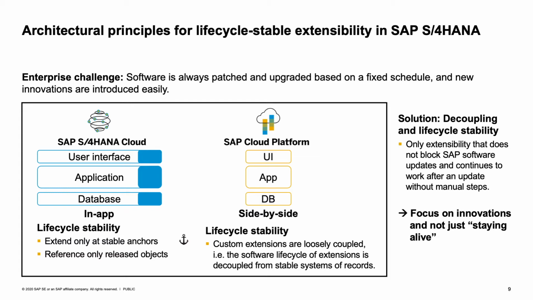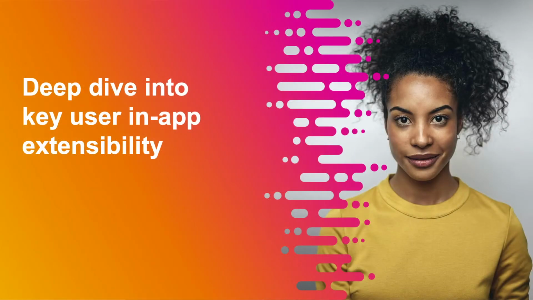And once again, we keep these objects 100% stable. That is a reason why we have 100% lifecycle stability also for in-app extensibility. And now let's go ahead with having a look at the feature set of in-app extensibility and how it fits to side-by-side